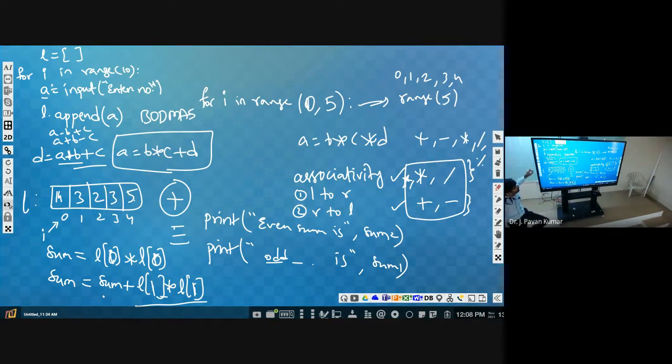So precedence, associativity. For what will we have precedence, for what will we have associativity? For operators. What are the operators? Plus is the operator, minus is the operator. Multiplication is the operator, slash is the operator, even the mod operator is an operator. Like that, for operators we will have precedence. For operators only we will have associativity.